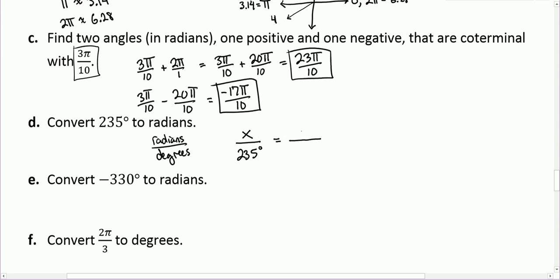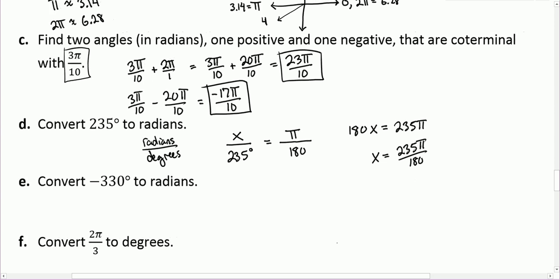something I understand here. So I know that pi radians is 180 degrees. So here's a proportion. The right side is equal to 1 because pi is the same as 180 degrees, and then the left side is equal to 1 because we're looking for the number of radians that is the same as 235. So this proportion works out here, and we can use it to solve for radians here. So I'm going to cross multiply and get 180x is equal to 235 pi, and then divide by 180 and get x is 235 pi over 180,